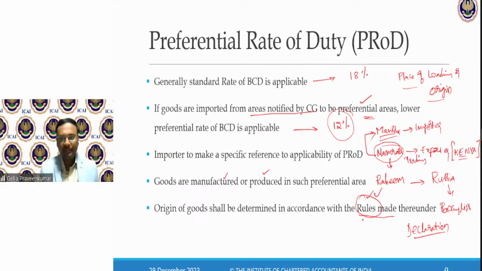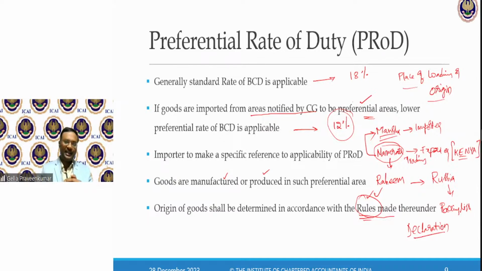Now, to frame these rules, you as a professional are going to come into play. What happens here is, as a member of a particular ministry, you would be traveling across the globe wherever there's a treaty. Whenever, say, India is entering into a treaty with a particular country, the embassy or a group of representatives would visit and examine whether Kenya has got natural resources, whether Kenya has got industry to do this particular activity.